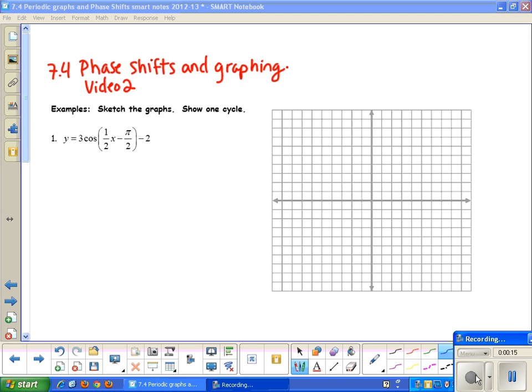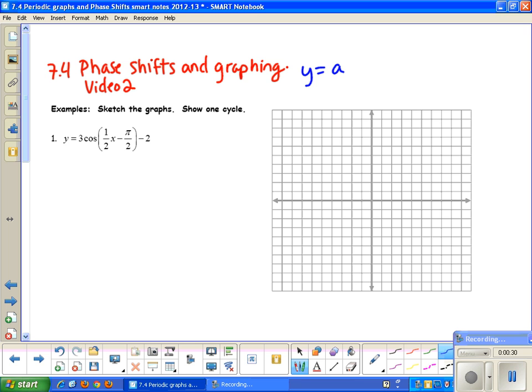And if we look at this equation, if you look at your b value, notice it's attached to your x. The first thing you're going to want to do is factor that out so you can see what your phase shift is going to be. So for this, since it's a cosine graph, remember we have y equals a times the cosine of b factored out, x minus c, which is really c over b, if you're factoring it out,